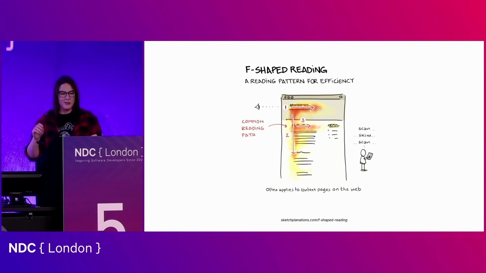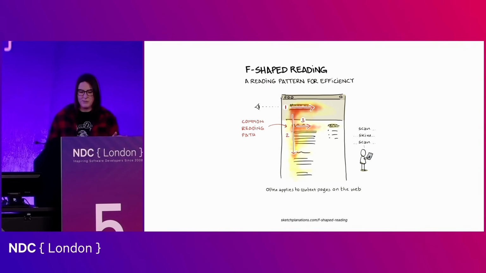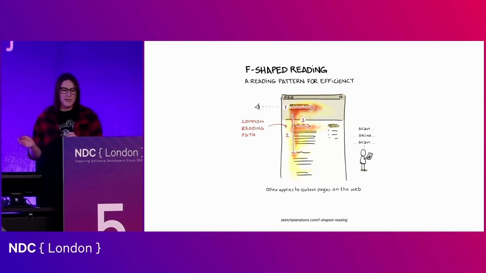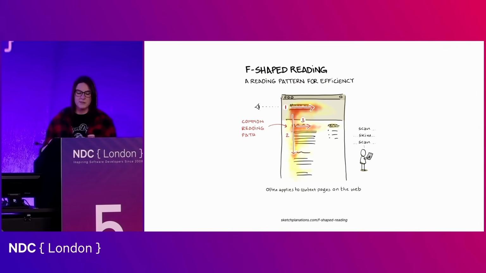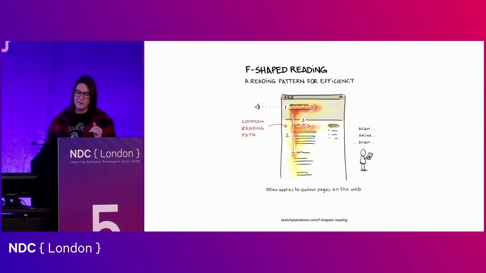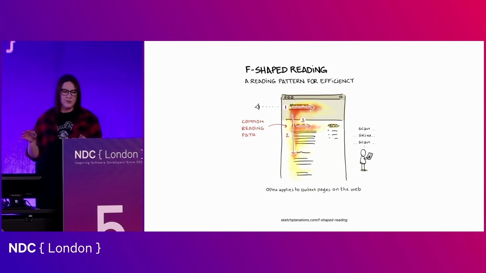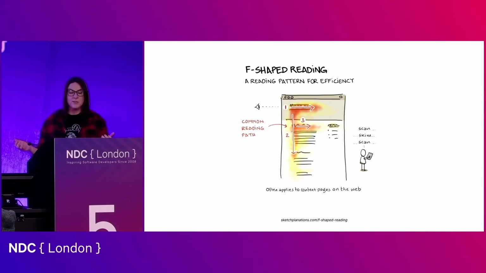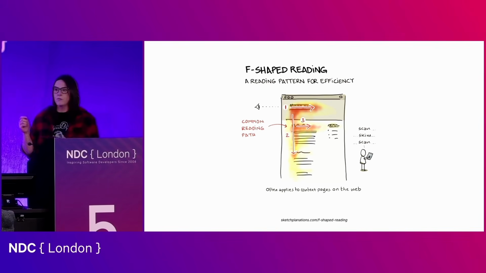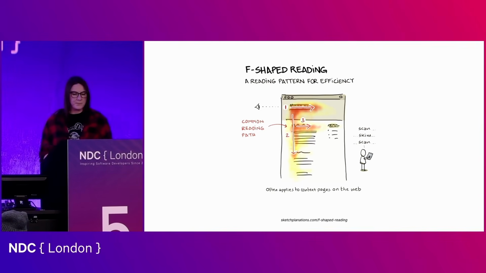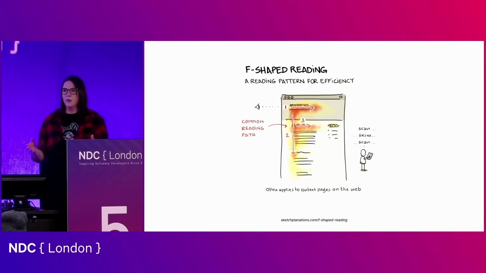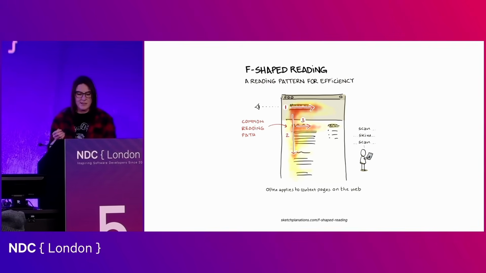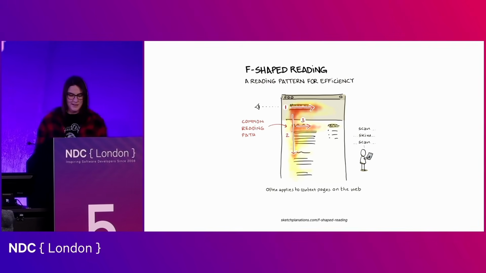So users start at the top left, they scan across, maybe read a headline, they move back down, scan across until they hit another stopping point, like a subheading, and they continue that pattern down and find natural points to stop and read across. It works well for those who scan because it's an efficient way of locating the information they want. It's not the only scanning method, but it is the most common one for written content-heavy pages. And it's a great example of that shared, common human behavior that we've trained our little brains to do.